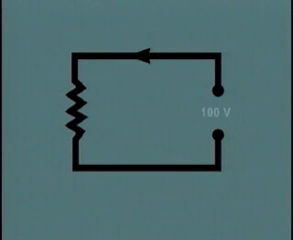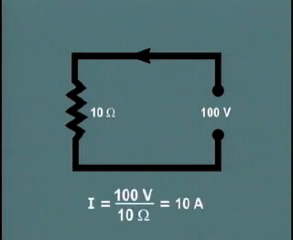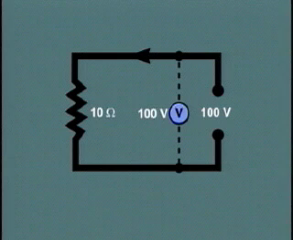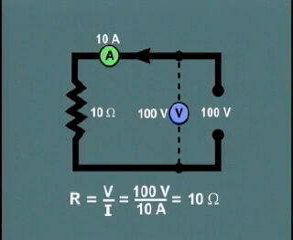For example, a voltage of 100 volts applied to a circuit of resistance 10 ohms would produce a current flow of 100 divided by 10 equals 10 amps. If we connect a voltmeter across the voltage source, it would indicate 100 volts, and an ammeter in the circuit would indicate 10 amps. From this, we could calculate that the value of resistance is equal to voltage divided by